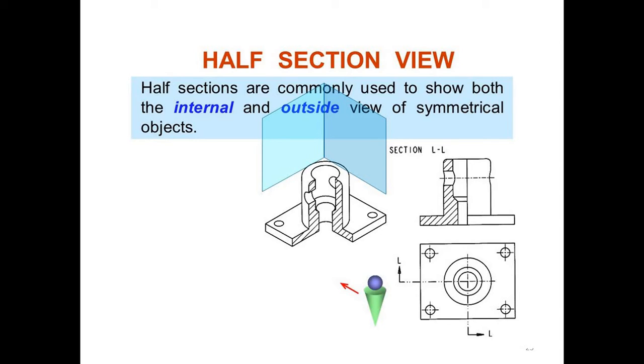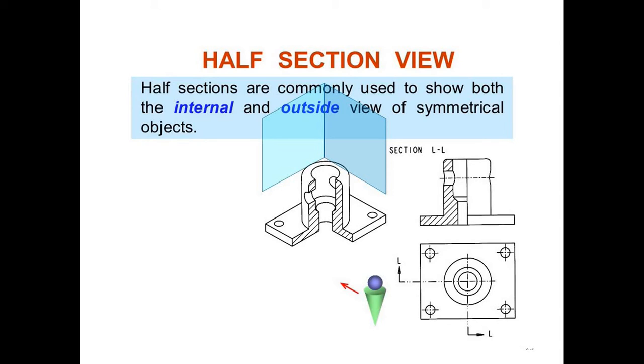By looking at its top view, 4 holes are there, and inside, 2 small holes are there, and the section is taken at LL. That is, section L is nothing but 2 cutting planes as shown in the isometric view, and check that the cutting planes are at right angles. When this object is cut at LL, its half section is shown, in which it is clear that the inside diameter, 2 small diameters, and the chamfer are visible as shown in the top view, and one counterbore hole and one cross hole are visible, as shown in the figure.